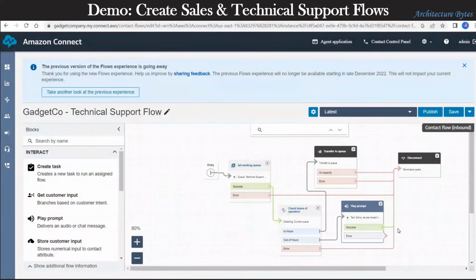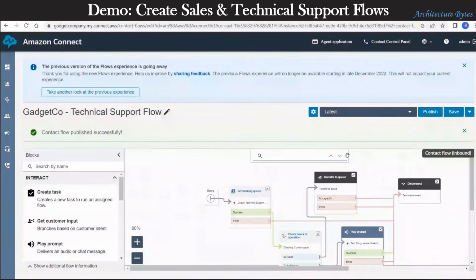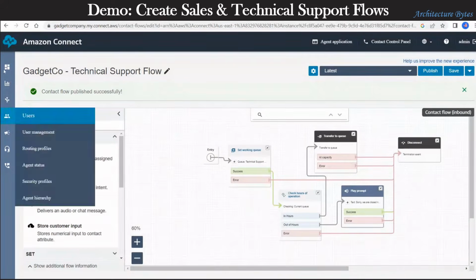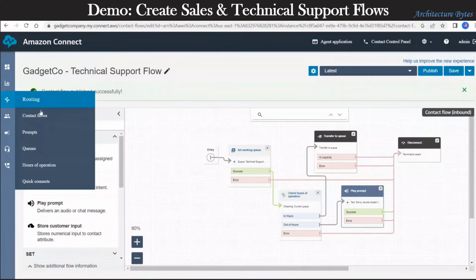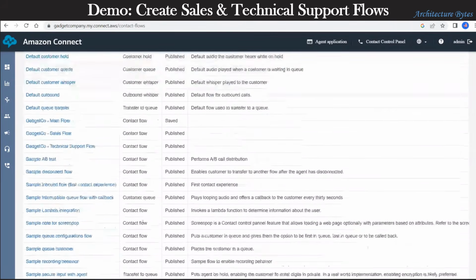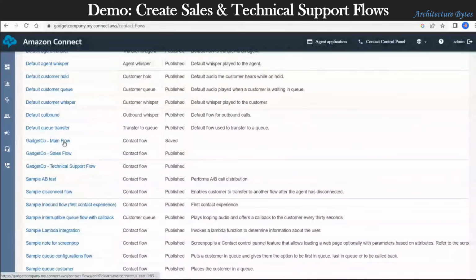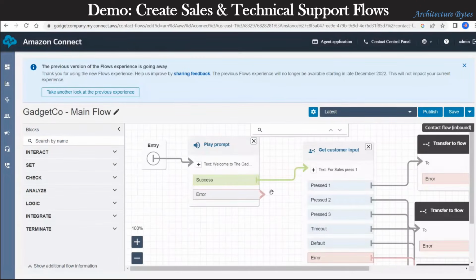So we are almost done with this flow now. Let's save this and let's publish this. So this has been published successfully. Now let us go back to our main flow. We have an unfinished task there. So these are our gadget company flows. So we select the main flow,